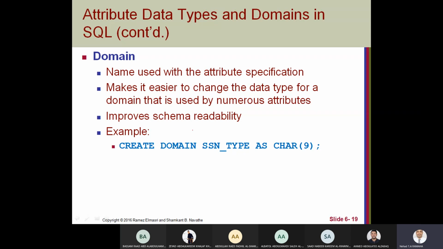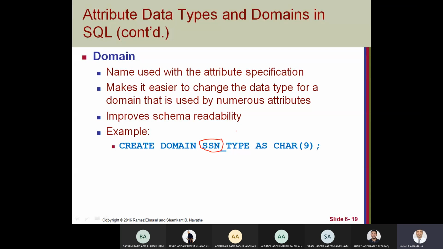And this also improves readability of the schema, because we usually name the domain with a readable name. For example, if I need to create a domain for names, I can use, for example, name type, or for SSN. It's our example here, SSN.